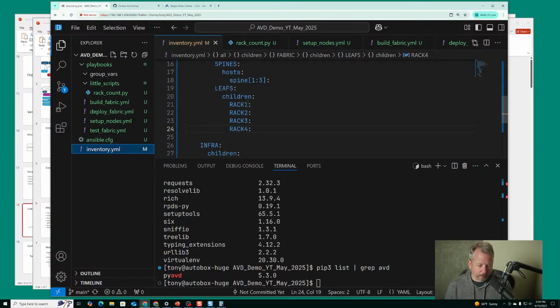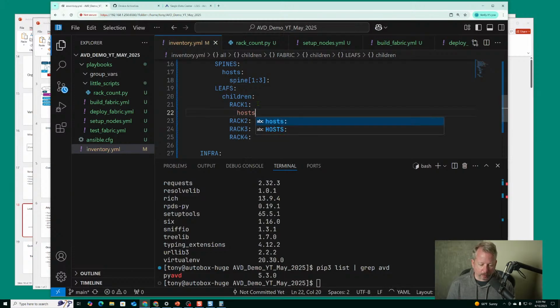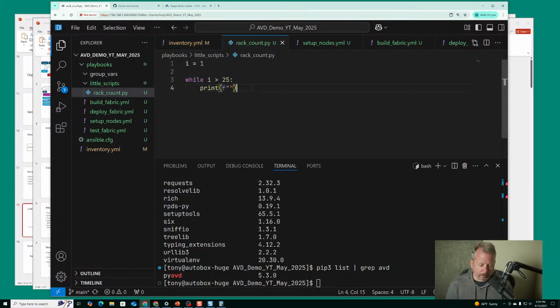What do I want to do here? Oh, you know what? So let's see what we need to do. So hosts, that's going to be leaf 1 and leaf 2. Okay, so I've got a rack counter and then I've got a leaf counter. So I need to do some quick Python code here. All right, rack counter. There's probably a way better way to do this in Python, but I'm just doing this really dumb and stupid. Rack counter is 1. Leaf counter is 1. So while rack counter is less than 25,